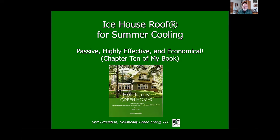Passive solar, highly efficient, economical. In chapter 10 of my book, I talk about what is an ice house roof. This is a passive feature, no pumps or motors or anything, and it's highly economical. It is appropriate to add that this technique does not work on flat roofs or stick framed roofs. It has to be a truss roof to be practical. The next slide